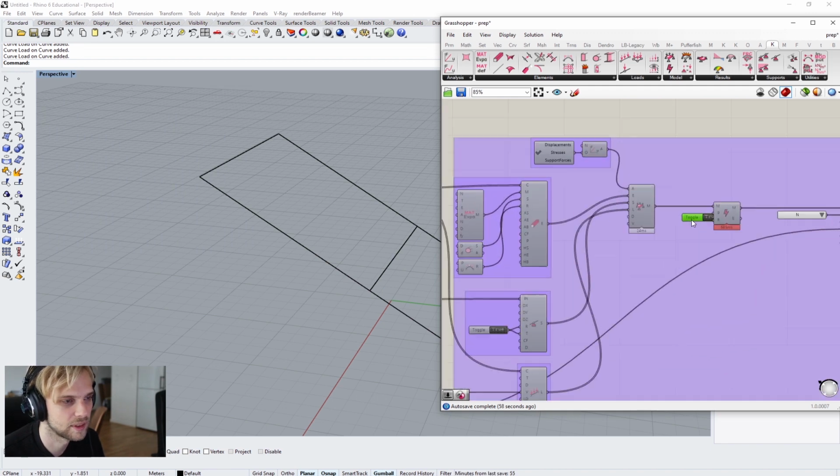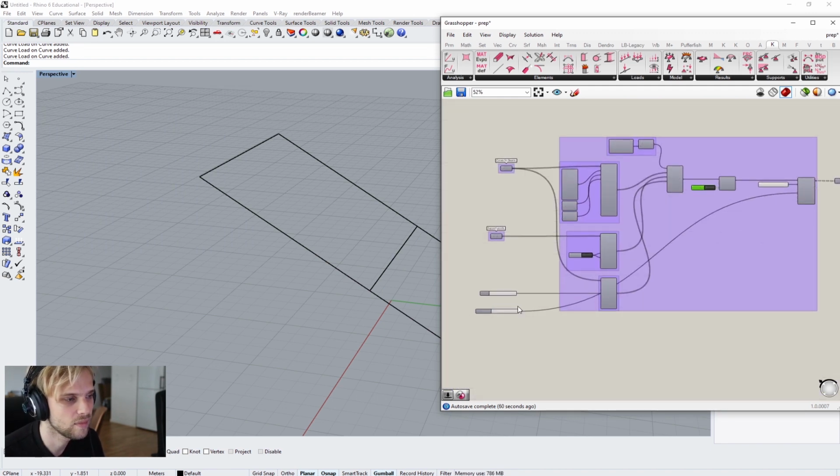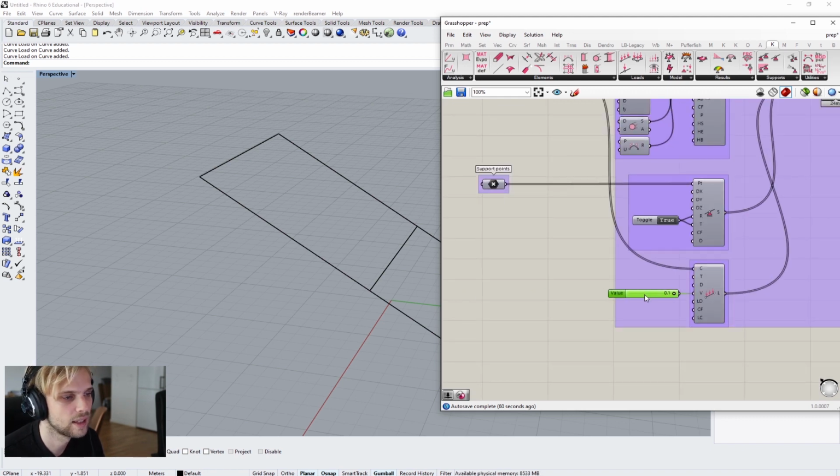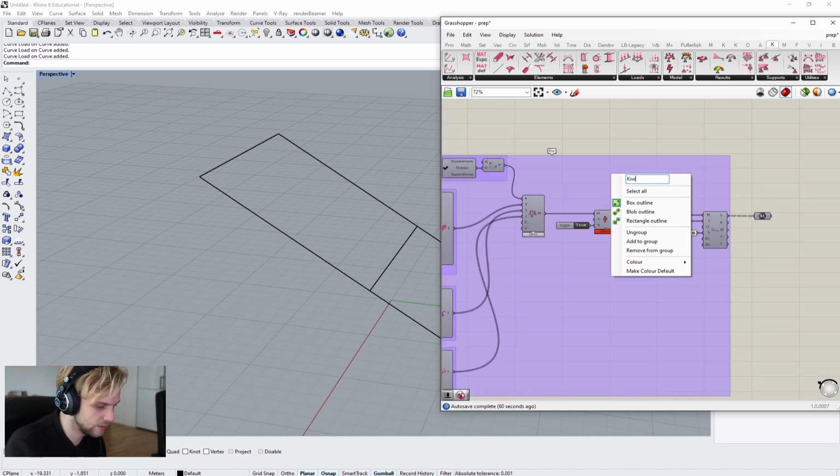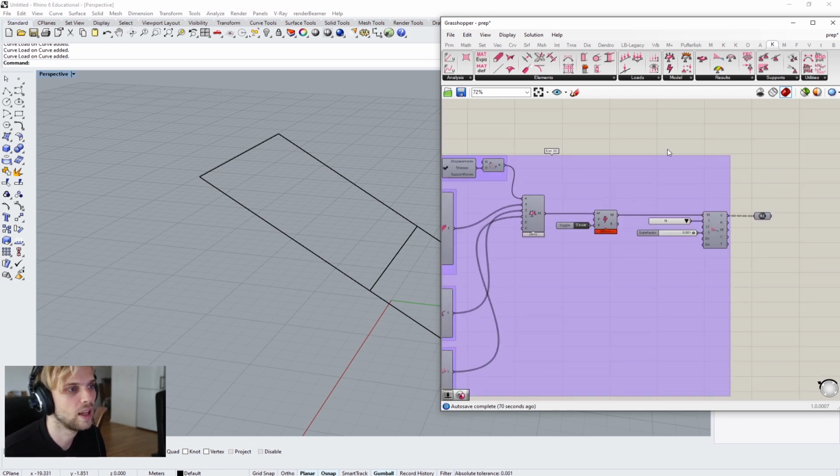Let me drag everything into correct positions. That goes here, that goes here, and that goes here. All right, let me just call this Kiwi 3D. Okay, so now